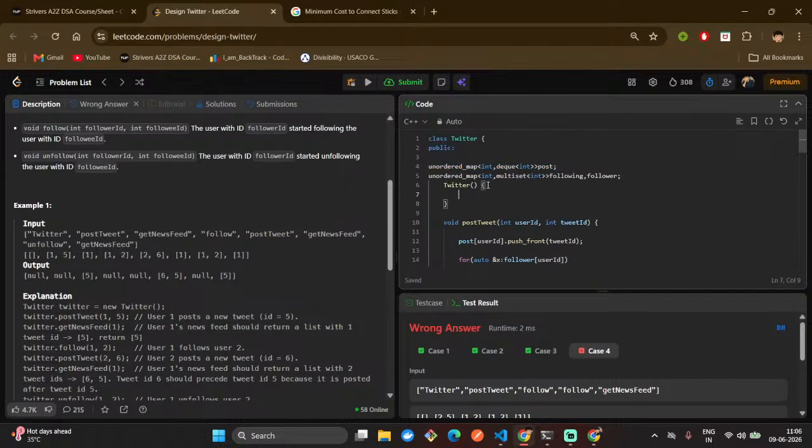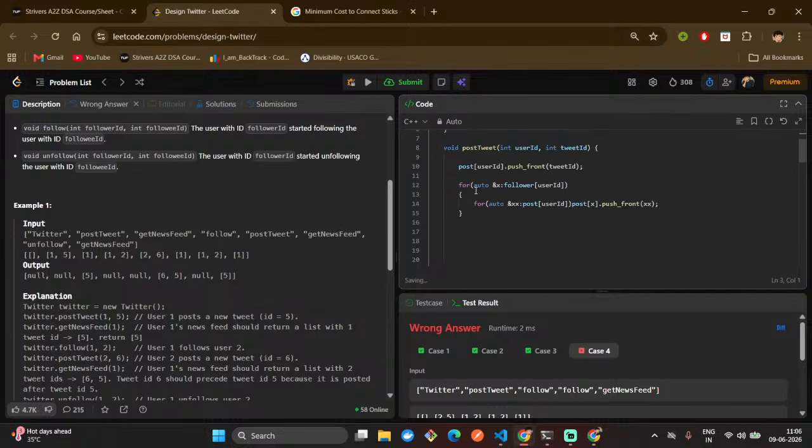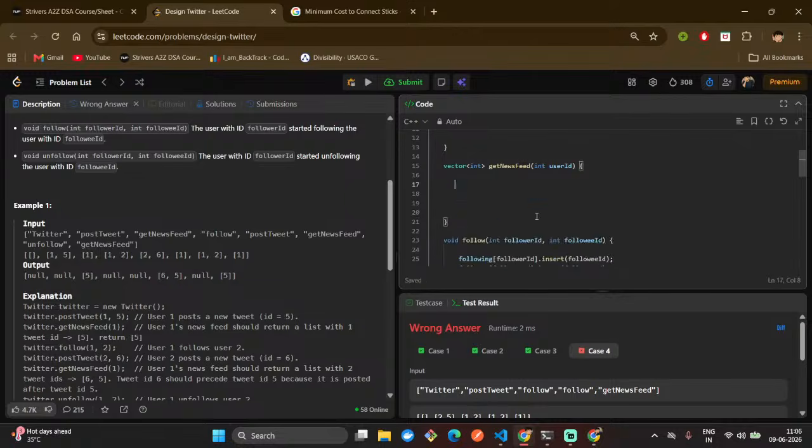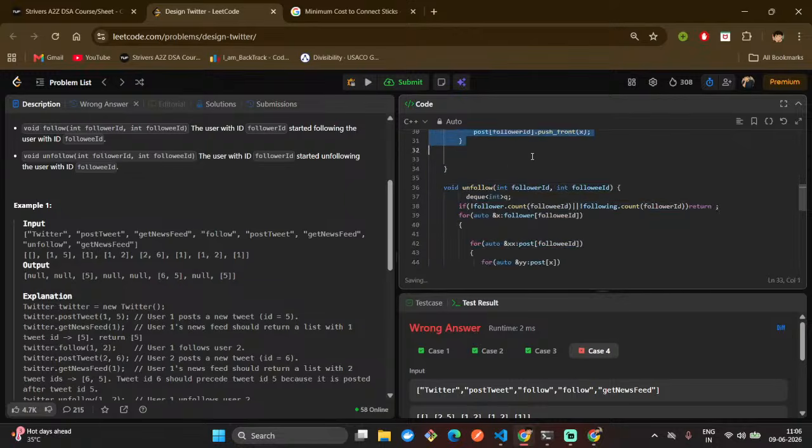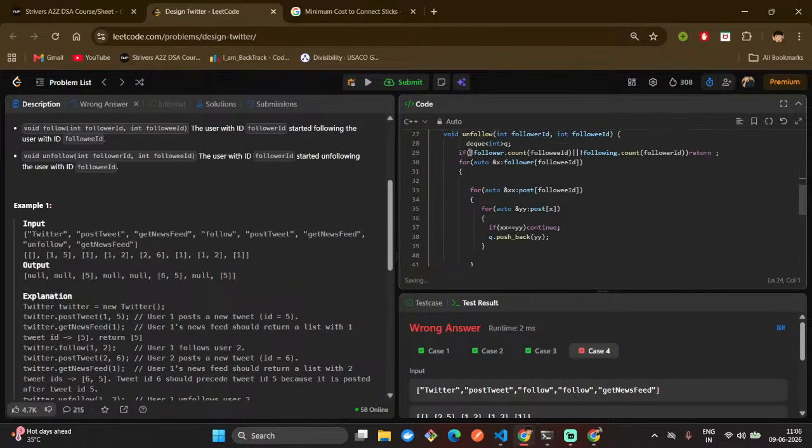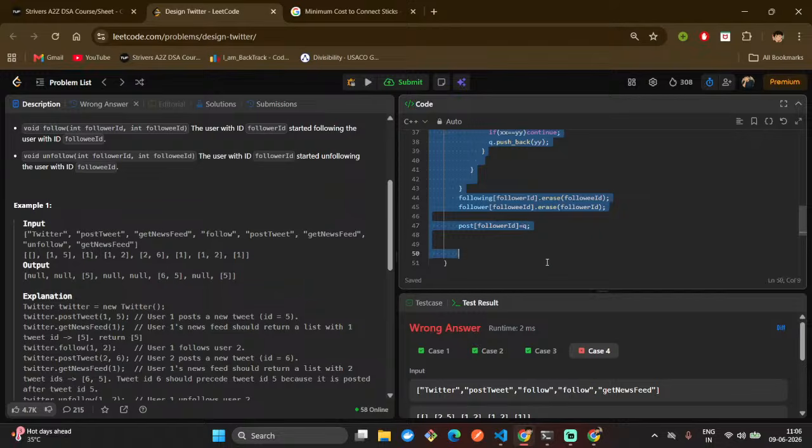They asked for the timer. If we take a data structure like a priority queue, okay, let's start with the priority queue, right? If we are able to solve using priority queue and map,